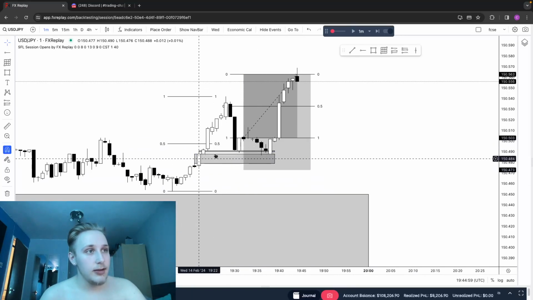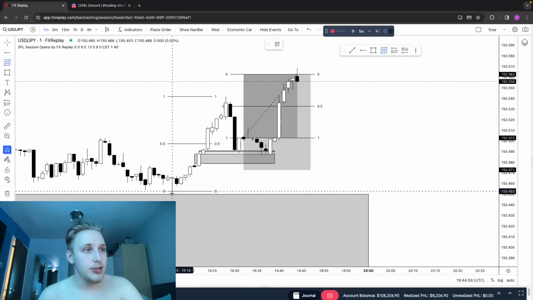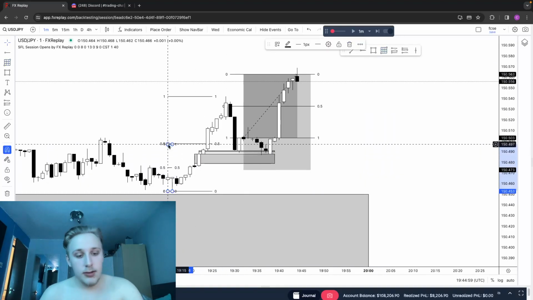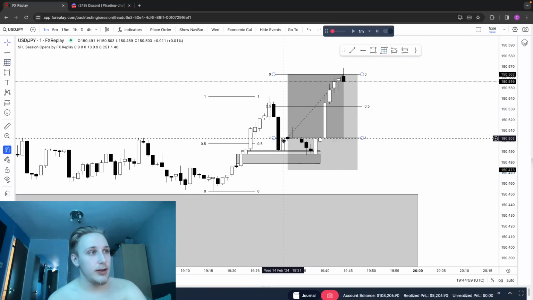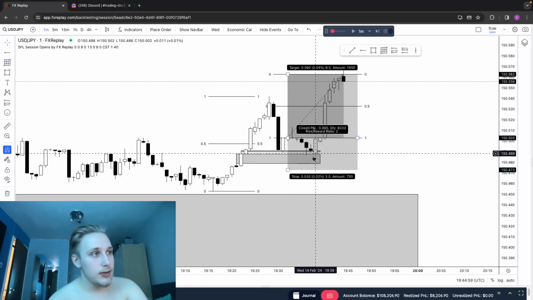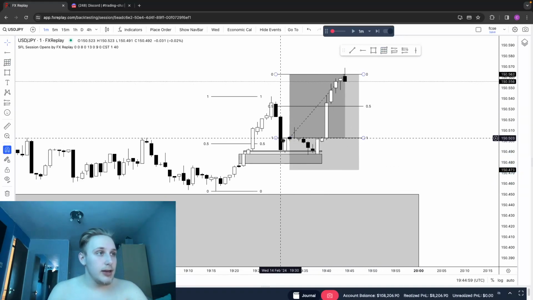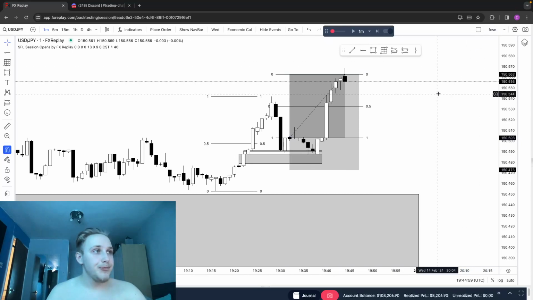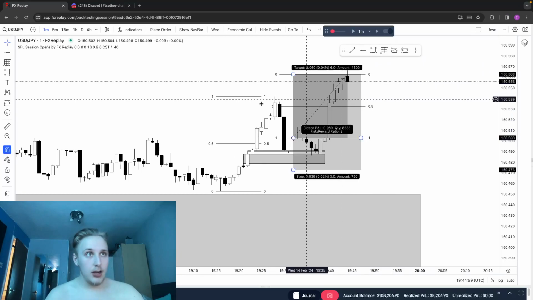Obviously, you could have taken this. We could have done. Let's actually double check that. Nah. So let's not try overcomplicate it. So yeah, obviously we'd have entered there. Price comes into these ones and displaces out, so you could have entered there if you didn't enter in this one. But yeah, that's 2 trades that I just wanted to go over,